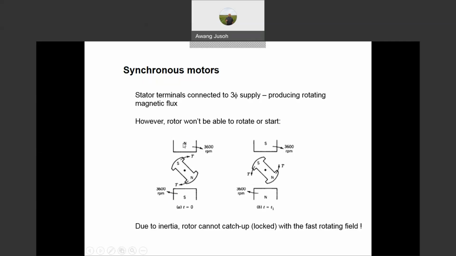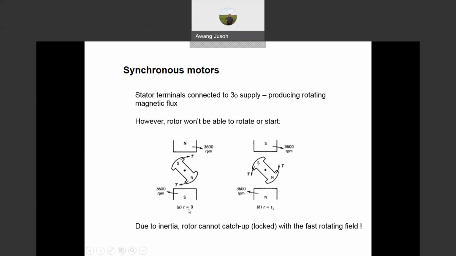So now you have the north pole there and the south pole there for the rotating magnetic field. Because of that, the rotor's south pole tries to attract to this north pole, so it moves. You can see here it moves. The main flux, the aggregate flux, is moving clockwise now. Because this is a north pole and the south pole tries to catch it, they attract each other. The south tries to catch the north pole and moves here, and this part tries to attract the south pole and moves here. Okay, that is at T naught, for example.